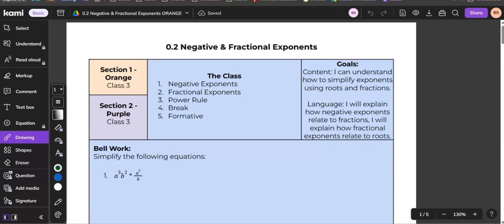All right, so we're moving on to negative and fractional exponents. I'll review still, right? Yes,